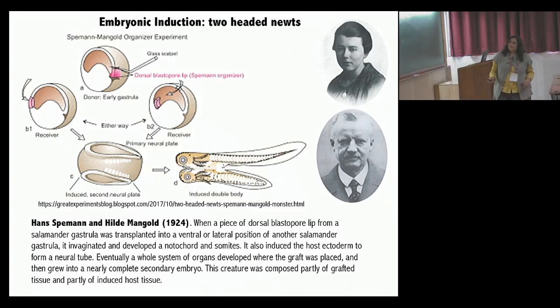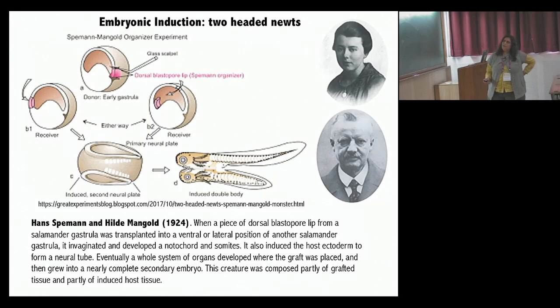Embryonic induction is essentially a term that's used to define the ability of, let's say, a group of cells or a tissue to influence the state of differentiation, for example, of another tissue near which it's placed. And the really striking experiments that established embryonic induction were the experiments of Hilda Mangold and Hans Spemann,